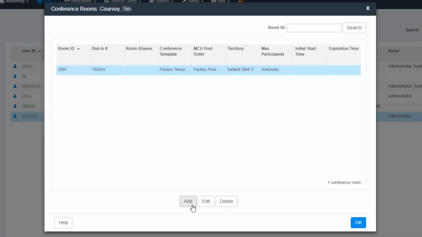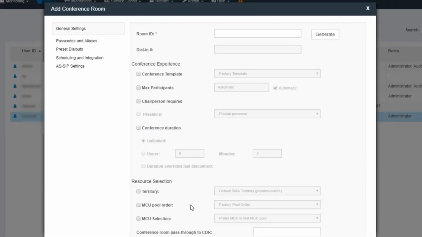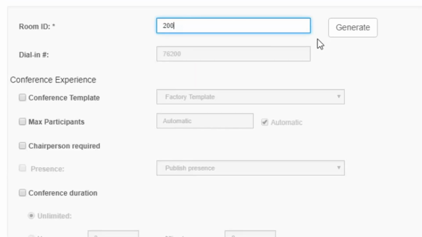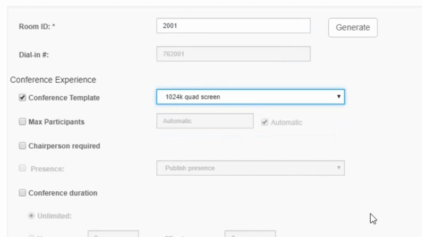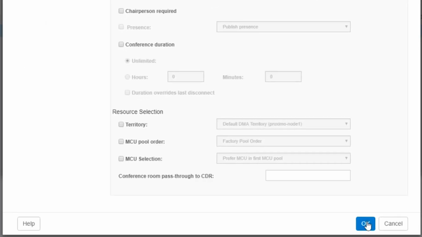To add a conference room, click Add. The Add Conference Room window appears. First, enter the room ID number. Notice that the dial-in number field automatically populates with the prefix number added. Continue to make any other changes to the room settings, including the conference template, then click OK to add your